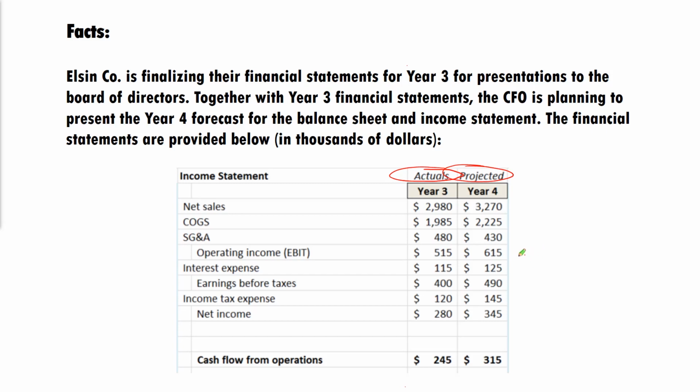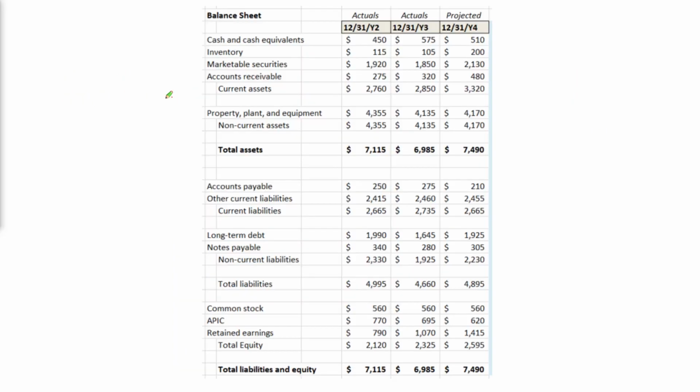First, here we have the income statement, very straightforward, not a lot of detail, and it's not necessary for the purpose of this exercise. We've got net sales, cost of goods sold, SG&A broken out, as well as interest and taxes. And then note at the bottom, although we do not have a complete statement of cash flows, we have been provided an excerpt from that statement with the cash flow from operations. And here on the next slide, we have the balance sheet.